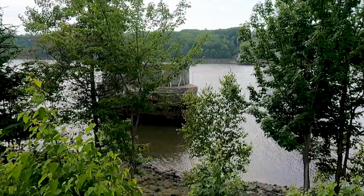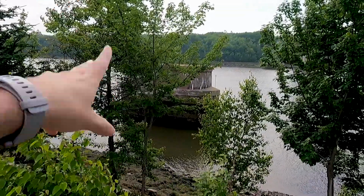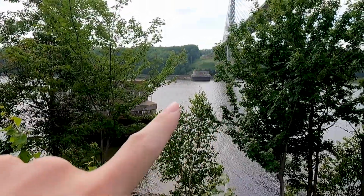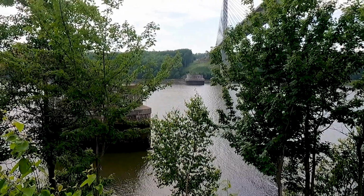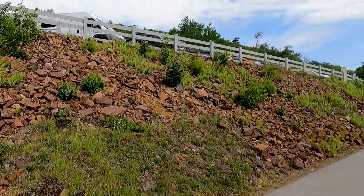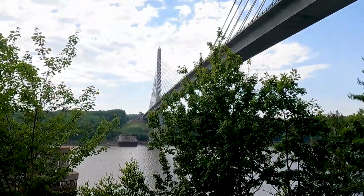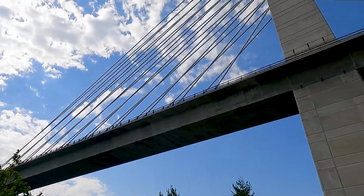Guys, take a look here. You can see the very large pylon here through the trees. Or, well, the base of a pylon. And then there's another large one across the way right there. If I spin, I can't see it, and I'll probably show it to you when we're up in the observatory. But that's the old bridge before they put in this really beautiful, big...